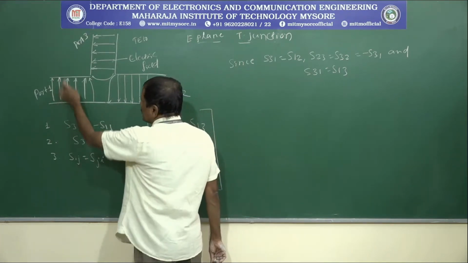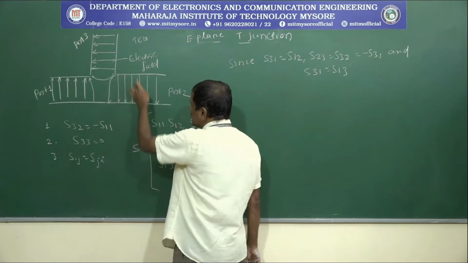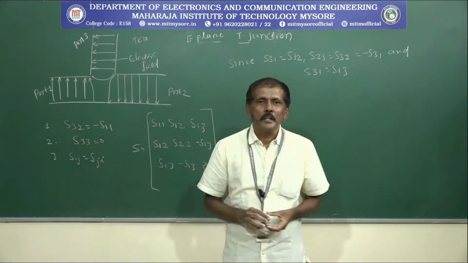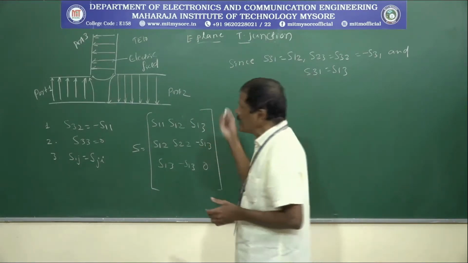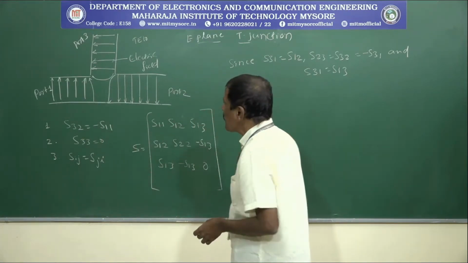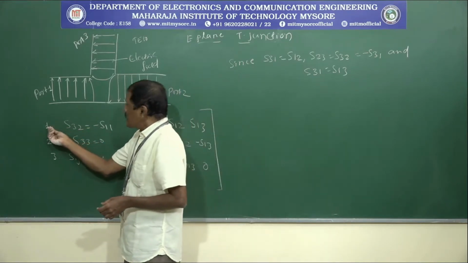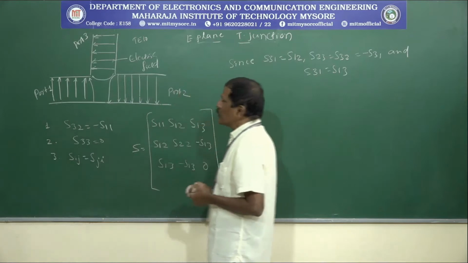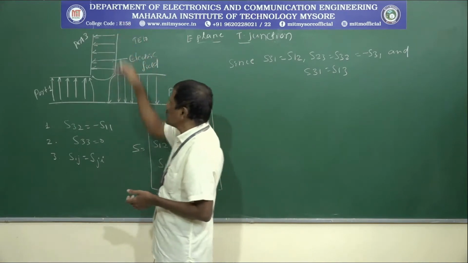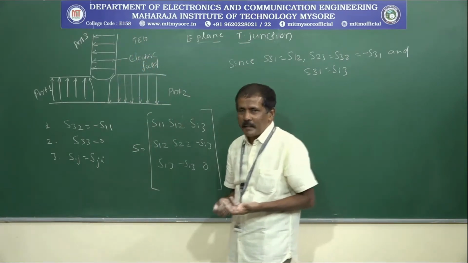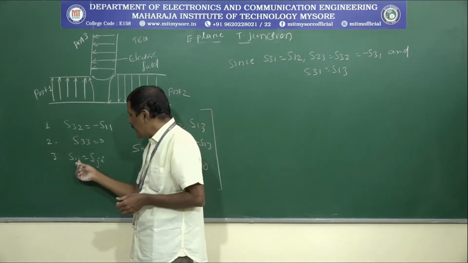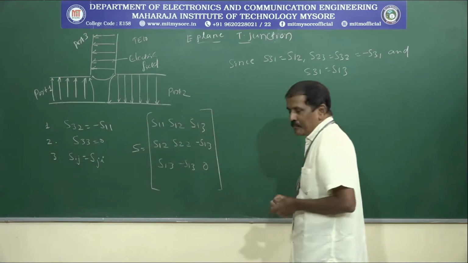So this you can see in this particular diagram. Here the arrow mark shows the wave direction, and this arrow mark is showing downward. So this is showing that the two waves are out of phase with each other, whereas in the case of the H plane, these two waves are in phase. Therefore, for the E plane, S32 is equal to minus S31 and S33 is equal to 0, because you are applying the signal to port number 3, so no reflections from that. So S33 is equal to 0, and from the symmetry property, Sij is equal to Sji.